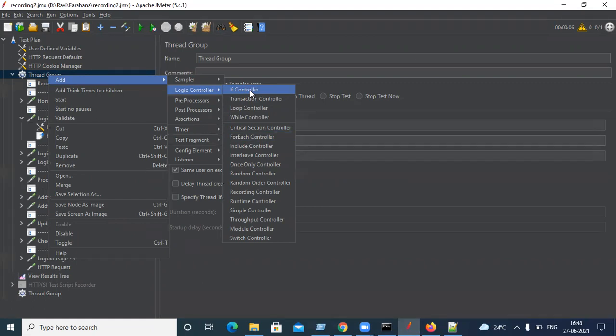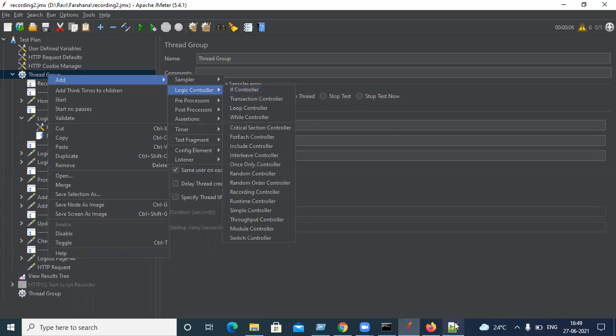So what happens? JMeter will execute it and it will fail because it's not there. So unnecessary error percentage is increasing. To control that, we use the if controller. We'll write some condition to check whether the value is there or not. Based on that, we'll go. Otherwise, we'll skip. Okay, to control the request, we'll use a logic controller.